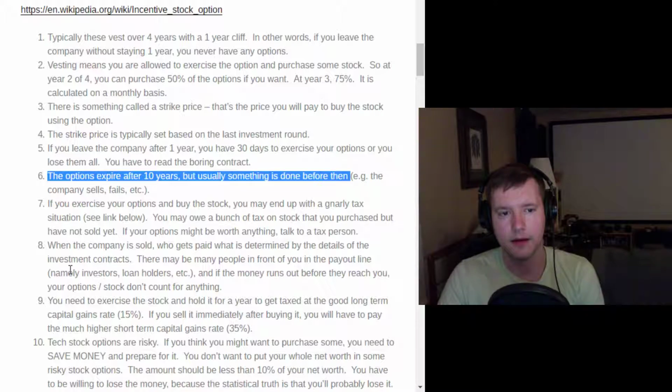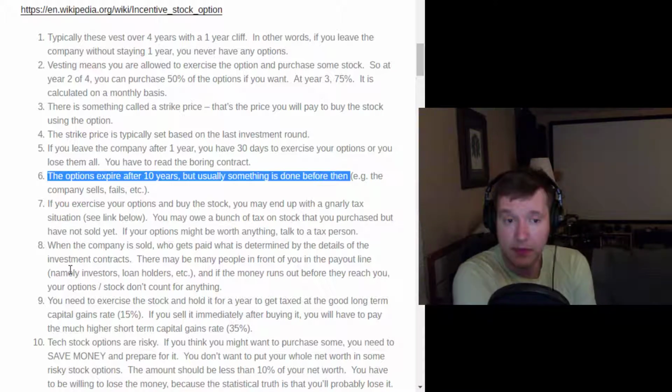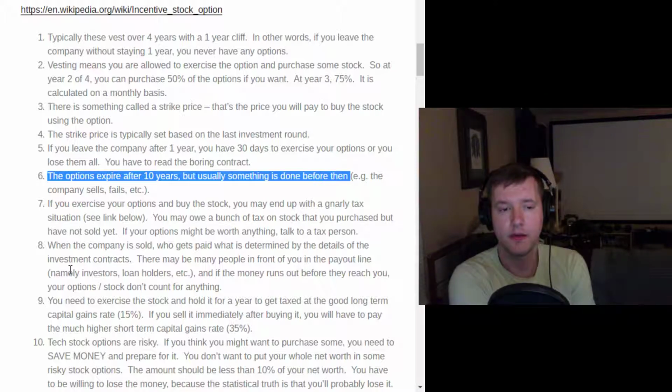And so, yeah, there's something called a liquidation preference, for example, where if you invest $5 million in a company and you, say, have a 2x liquidation preference, that would mean that when the money is handed out, they would pay you $10 million, that's 2 times your investment, first, and then they would divide the rest of the remaining money evenly among the shareholders, right?